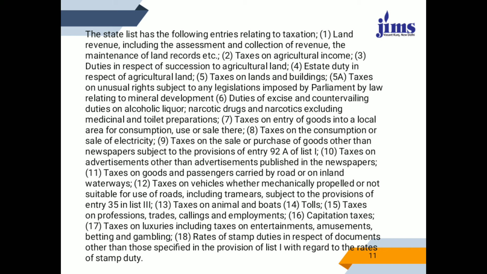of electricity, taxes on sale or purchase of goods other than newspapers, taxes on advertisements other than advertisements published in newspapers, taxes on goods and passengers carried by road or on inland waterways, taxes on vehicles, whether mechanically propelled or not, suitable for use on roads, including tramcars, subject to the provisions of entry 35 in list 3, taxes on animals and boats, tolls, taxes on professions, trades, callings and employments, capitation taxes, taxes on luxuries, including taxes